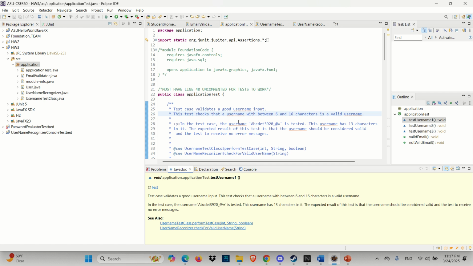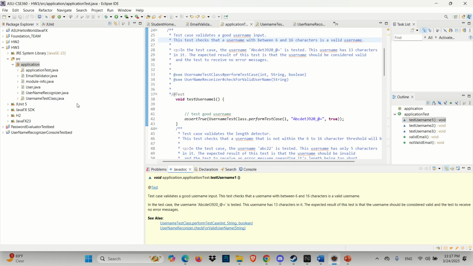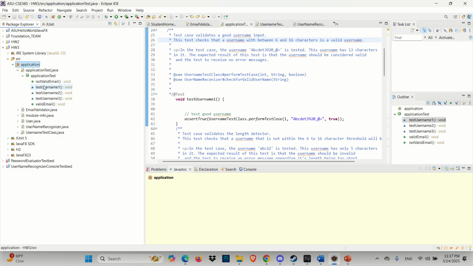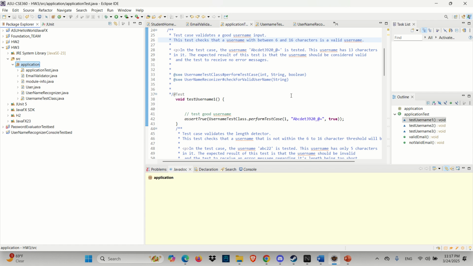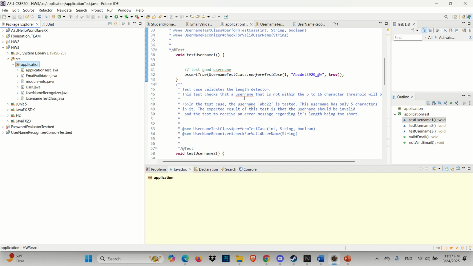So, right here we have 5 automated tests: test username 1, 2, 3, valid email and not valid email. These essentially test the username recognizer and email validator classes. So,